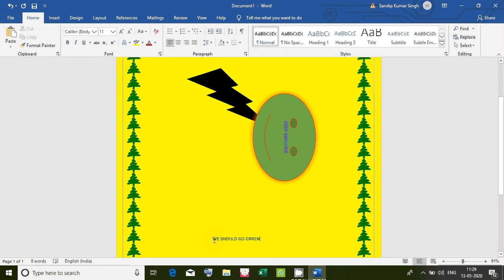So alignment means placing the text. If I select this text and click here, this is middle, right, left, see, it comes to this side. So this is alignment.